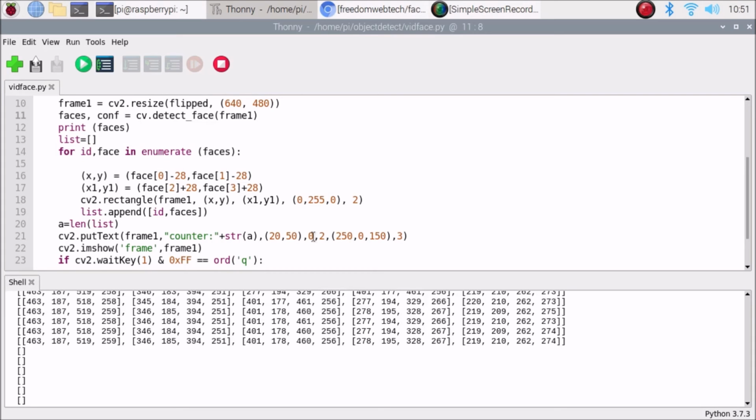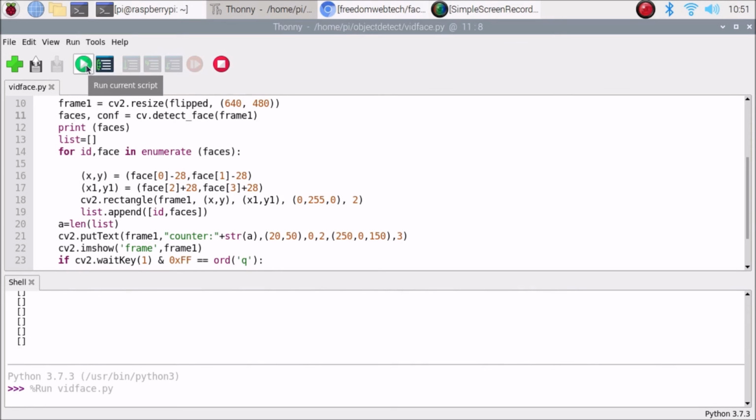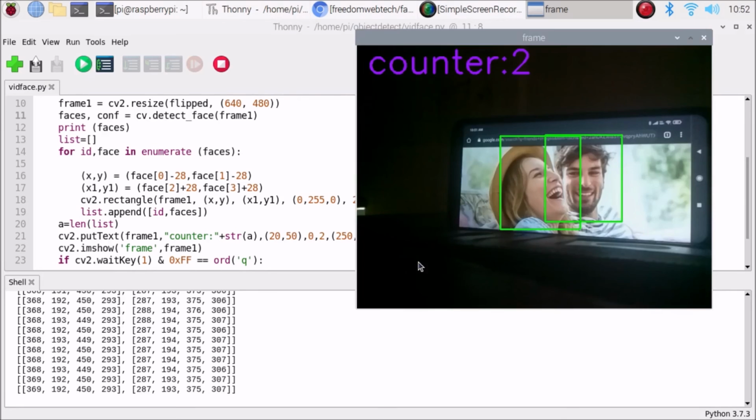Again, now we are going to see another demo with more images. Let's start the camera first. Now I'm going to start the camera again. So friends, as you can see in this image, we have two faces, and the counter says 2.